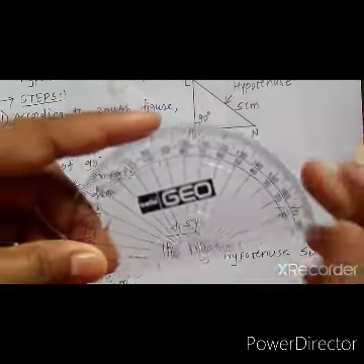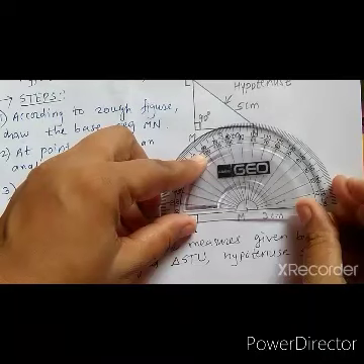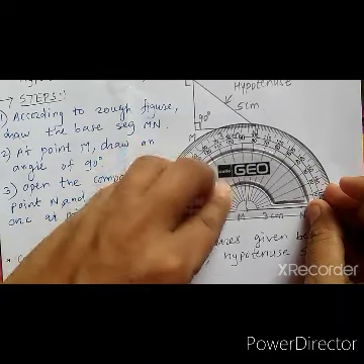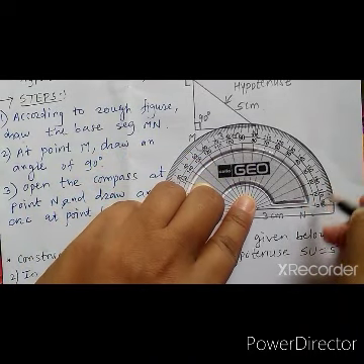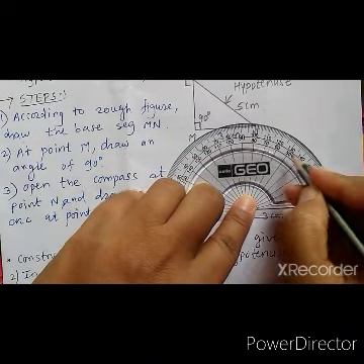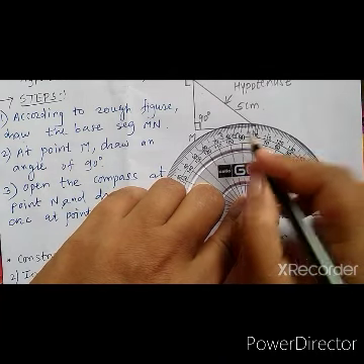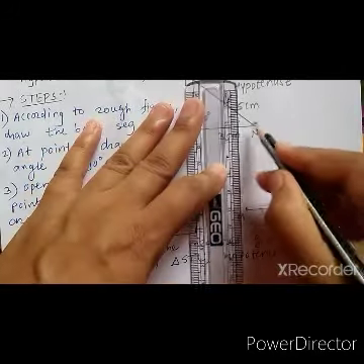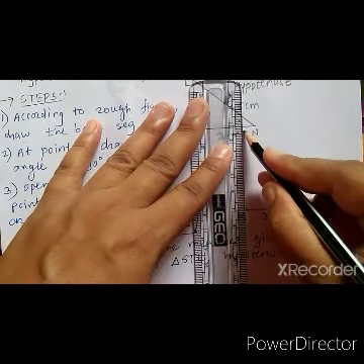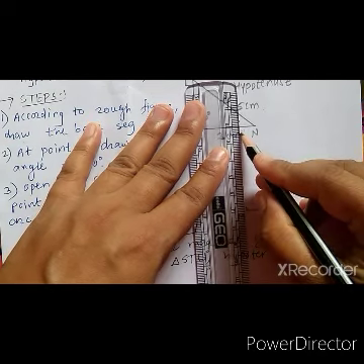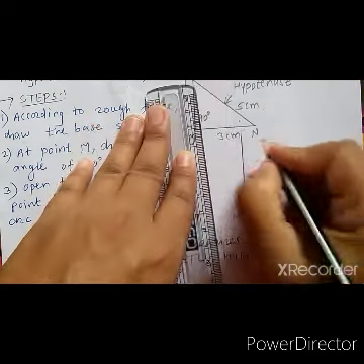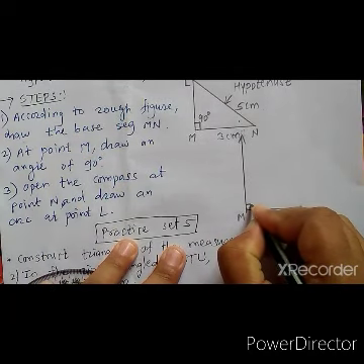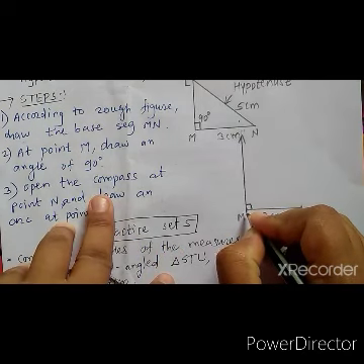So this middle point we can put on the point M, and this line on this line segment MN. Now see the direction of this line. It is on the right hand side. So we can start from the right hand side. 0, 10, 20, 30, 40, 50, 60, 70, 80, 90. So here we got 90 degrees. Now we can join these 2 points. Now we got a right angle at point M.